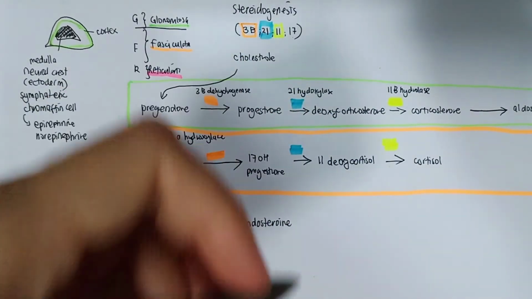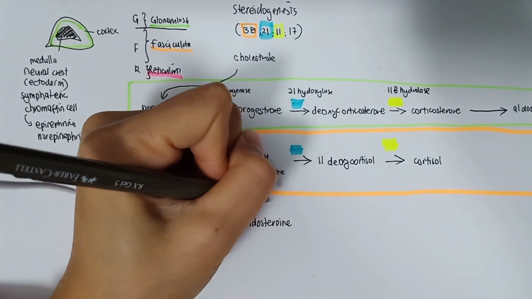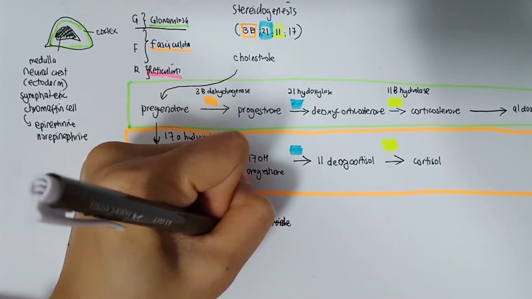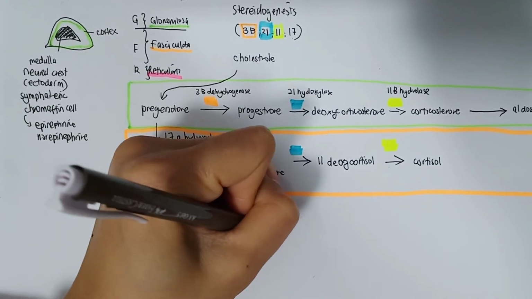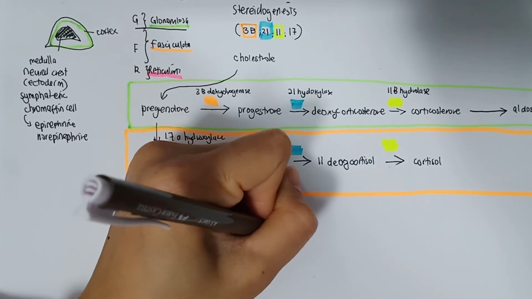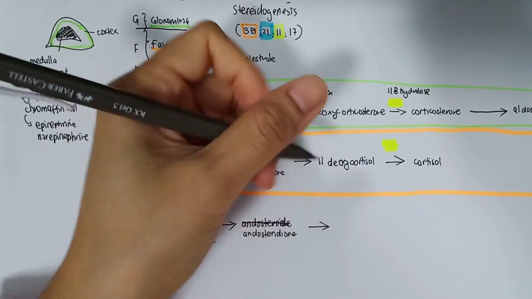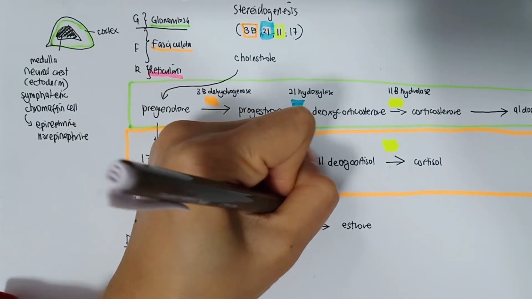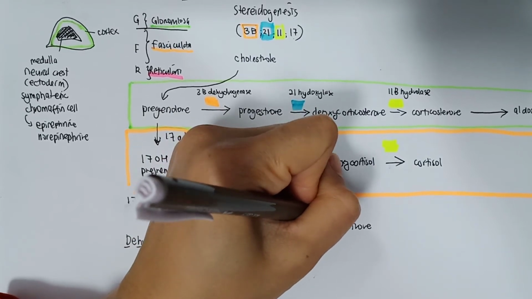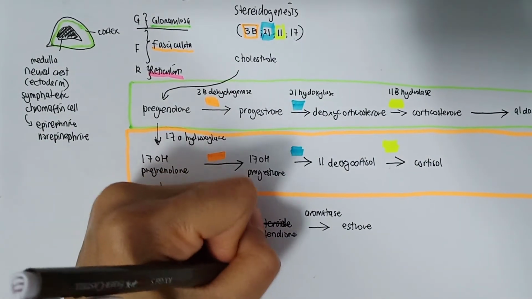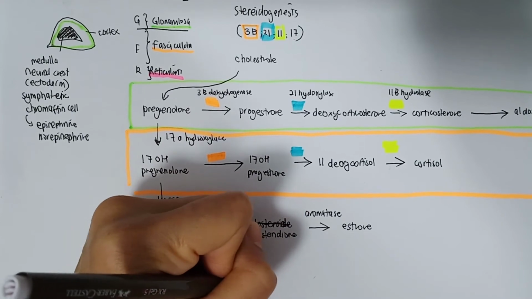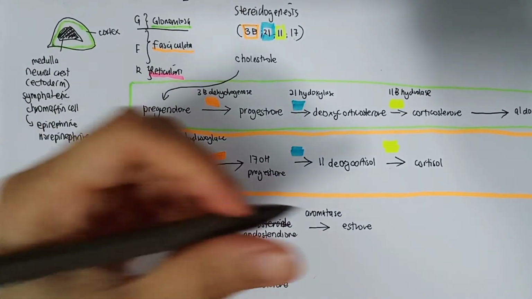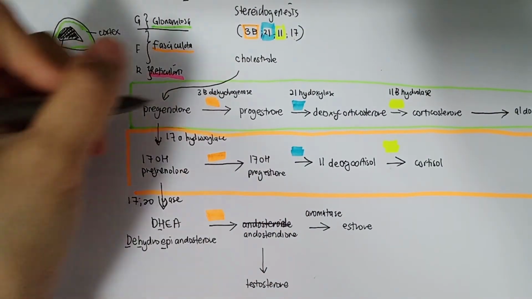And androstenedione will further convert into estrone using an enzyme called aromatase. And androstenedione can be converted into testosterone, which is important in females as well for the libido, by using the